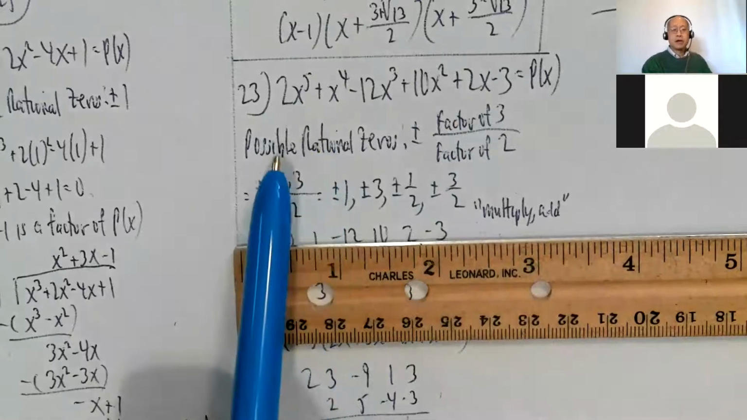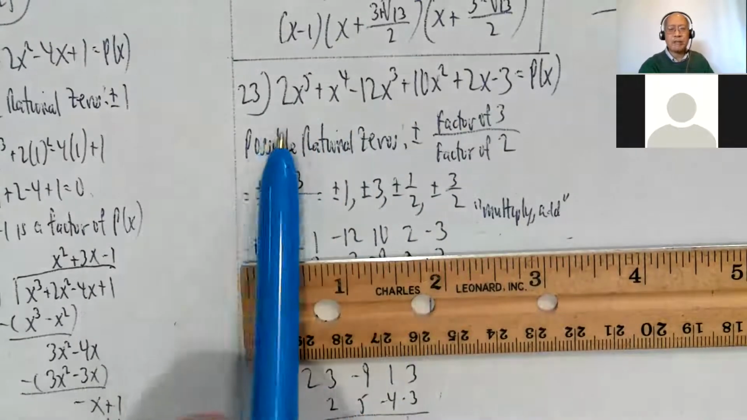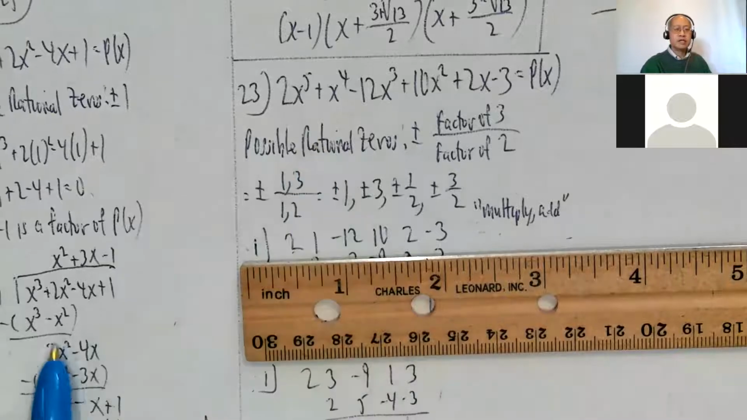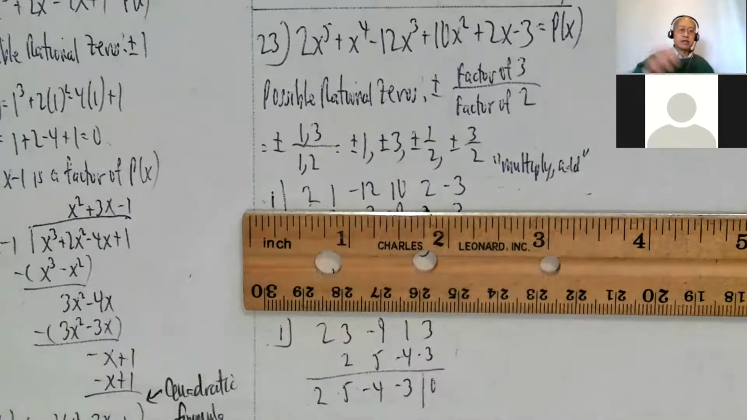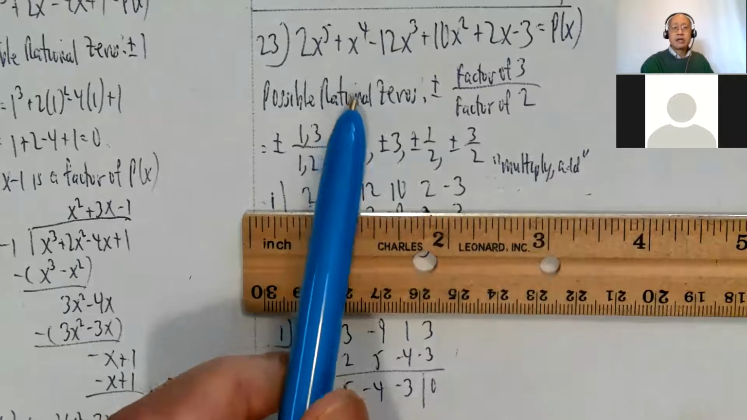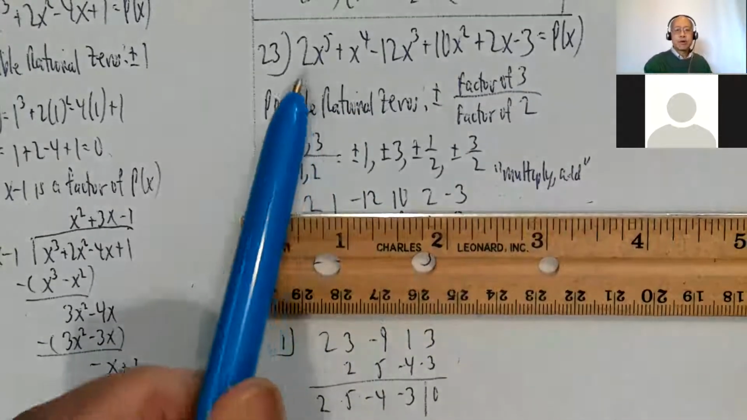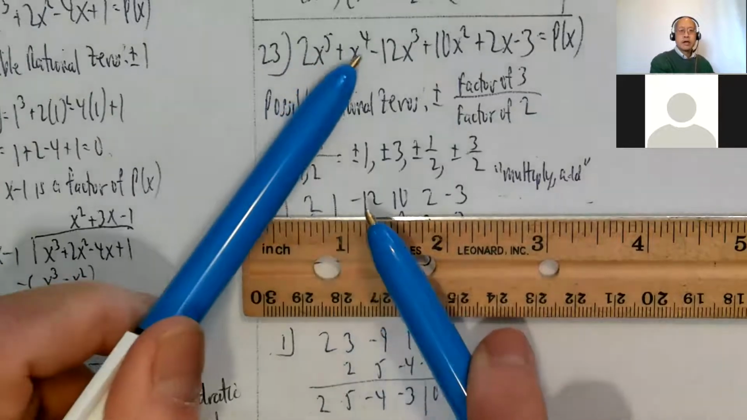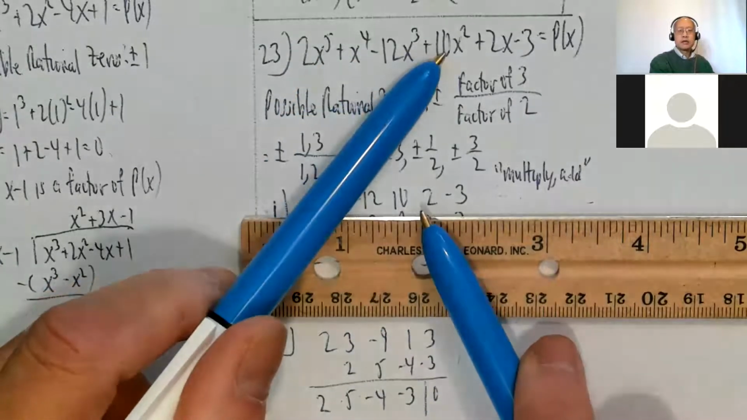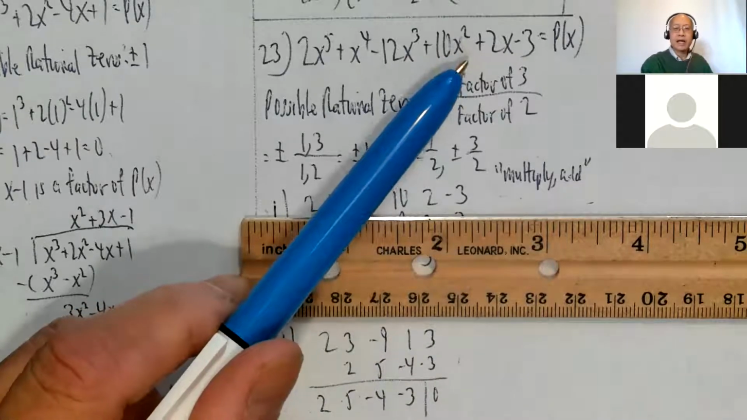So let's try it. Now I could do 2x to the 5th plus blah, blah, blah, divided by x minus 1 and do all this stuff. It would get long. You'd be writing a whole bunch of x to the 5th, x to the 4th, x cubed. With synthetic division, notice what we're doing. We're just putting 2, 1, negative 12, 10, 2, negative 3. Saving a lot of writing,